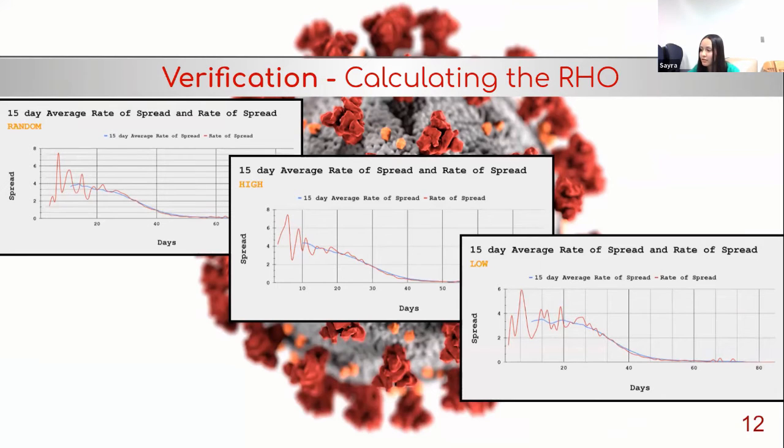And our results all started with a rate of spread that was close to 4. So this verified it was reasonable to set the infectiousness at 3% to mimic COVID-19 in the real world when we run the model. So if you look at the first chart on the left, it shows with the red